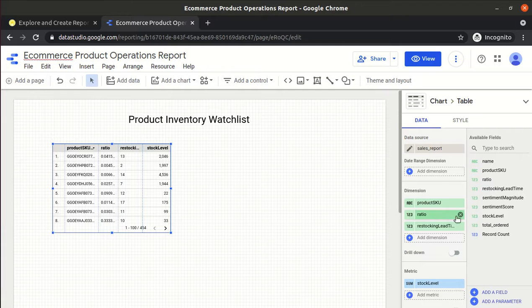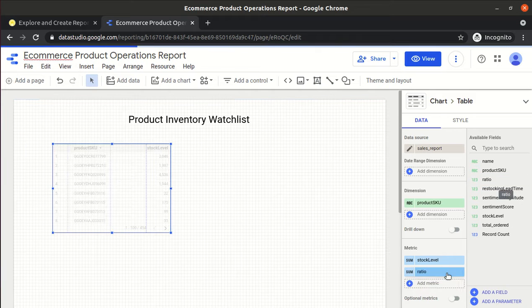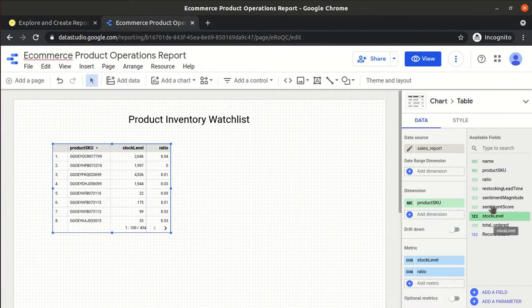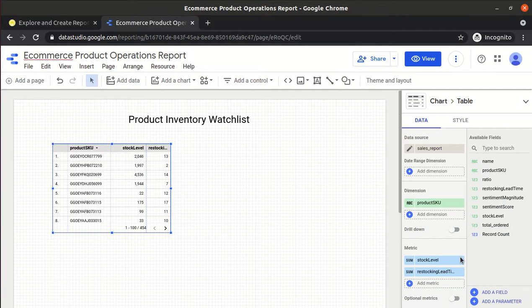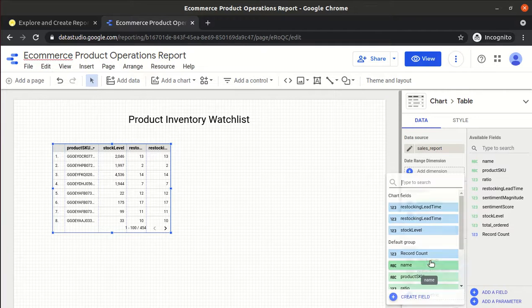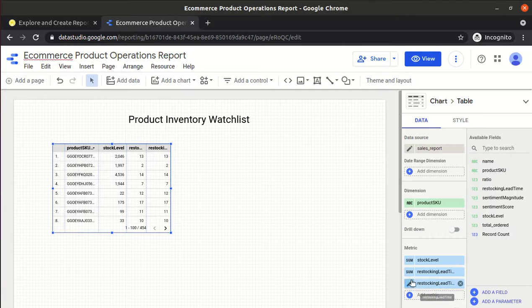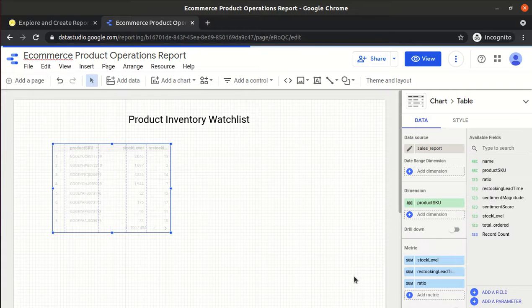Do we need to add the metric or dimension? Let me try to add the metric ratio, restocking. If we click on it, okay, this gets repeated. One minute. Edit ratio, yeah.